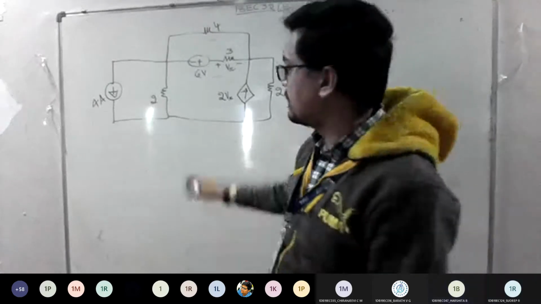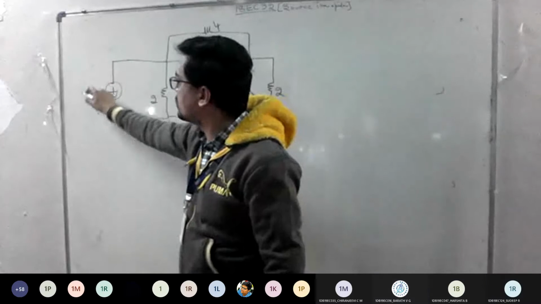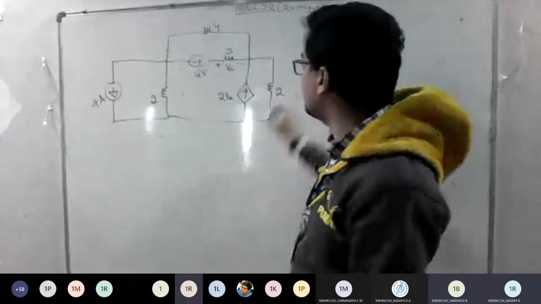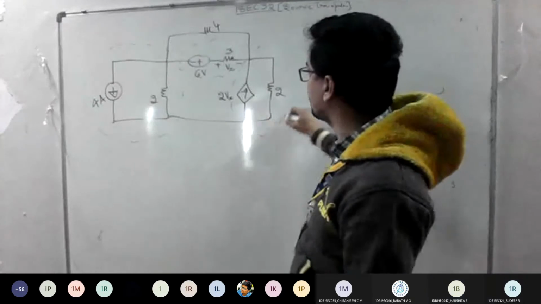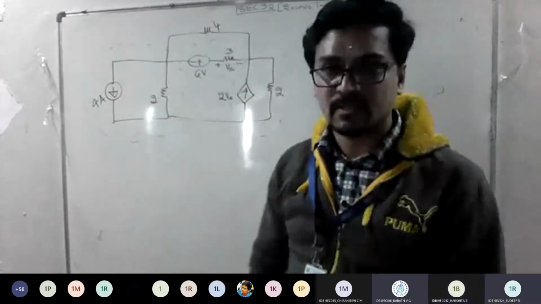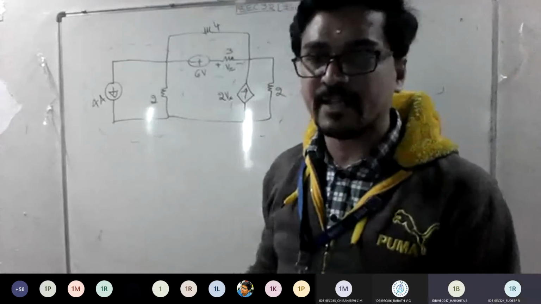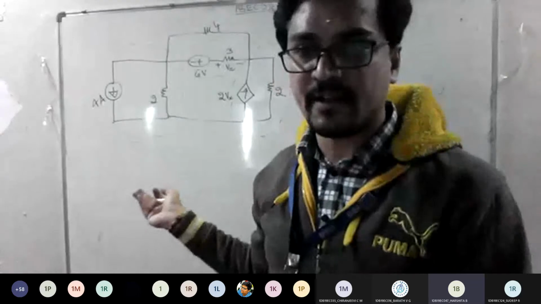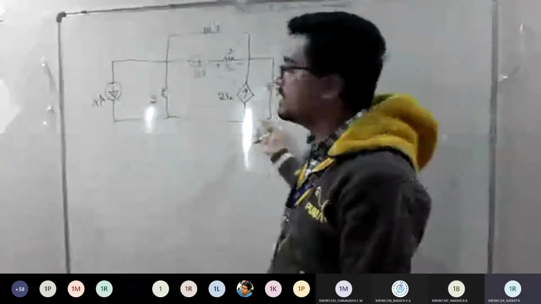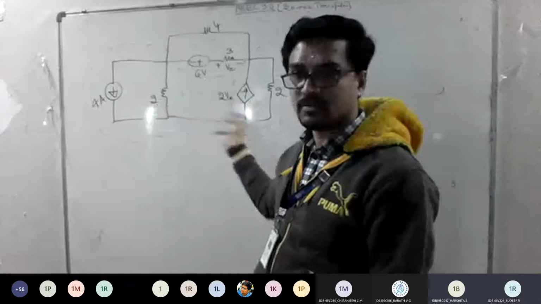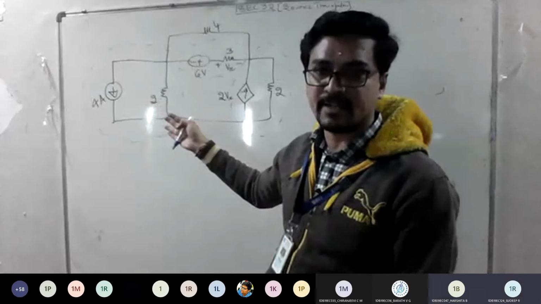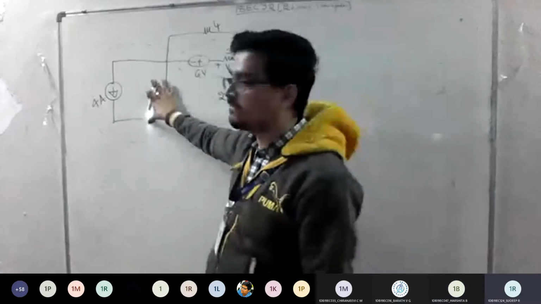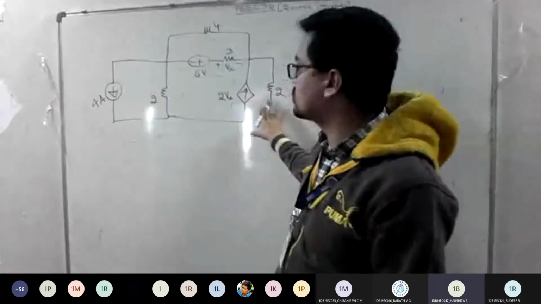what can be done? Can I convert this current source to a voltage source? Yes, sir. Similarly, can I convert this current source to a voltage source? Yes, sir. That is your next step. If you want to apply source transformation, you can't simplify directly. We know that current is there, but both are not the same. It's not in parallel to add, it is in series. So instead, convert this to voltage, convert this to voltage.